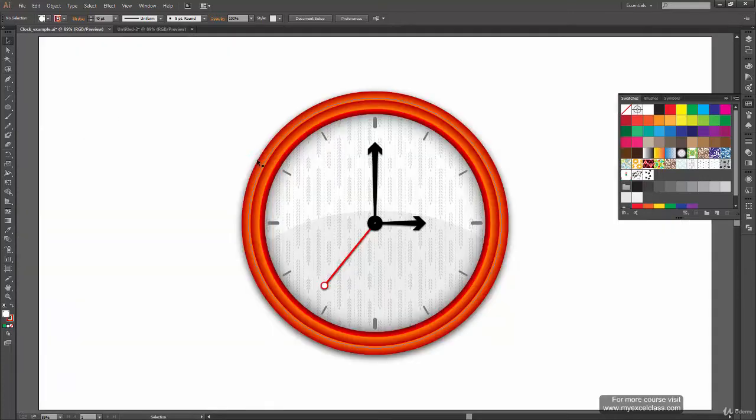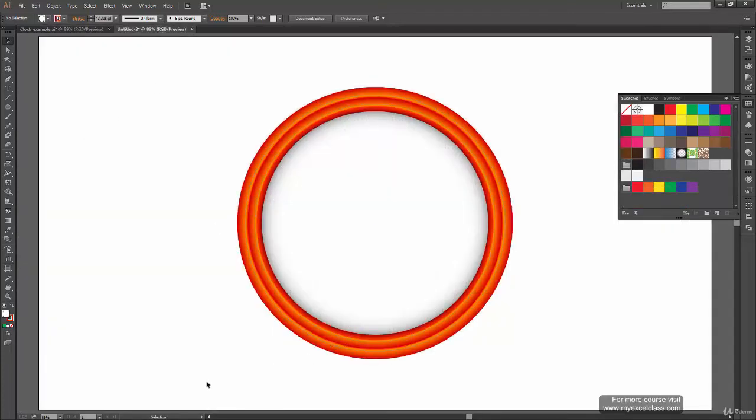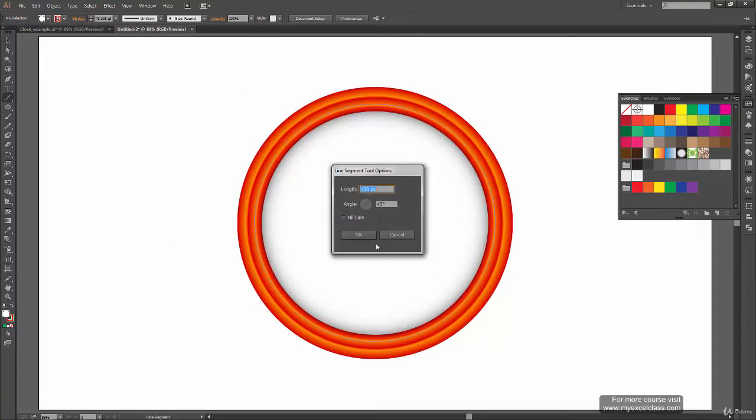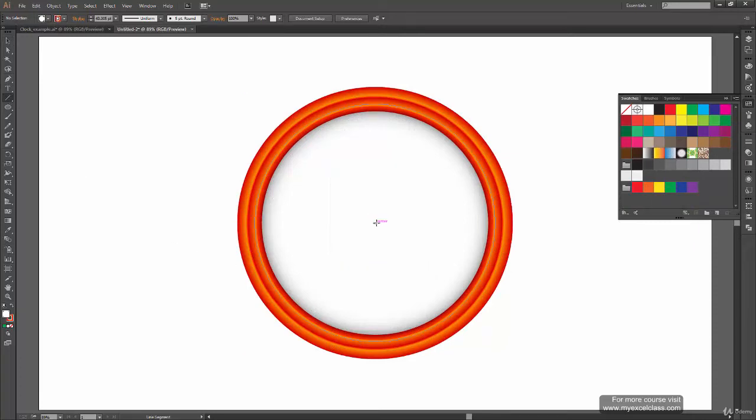Let's press Ctrl 0. For that, what we can do is create a line from the center. You can see when I go to the center, it shows me this center marking. That is fine. Now click and drag from the center and go all the way to the top. You can hold Shift to have a perfectly straight line. When you release your key, you get this path along with the stroke.